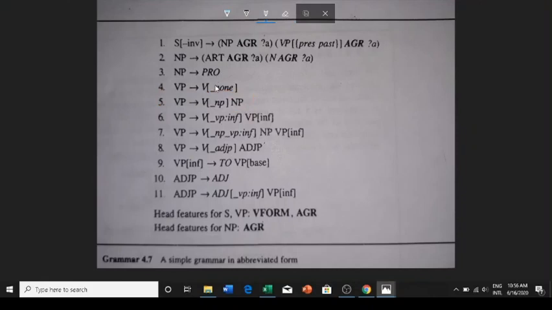Okay, so we are searching for a rule, and we see a rule numbered 9. Okay, so this rule is a prospective match which we can use. So this rule, that is rule number 9, is taken. So before taking that rule, we are going to analyze which is the mother and which is the head constituent. The mother is this VP, and the head constituent here is to. So what are the things that they are going to share? They are going to share vform and AGR features, okay, which are not given here explicitly.